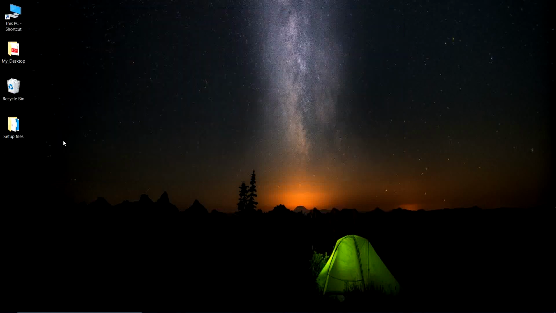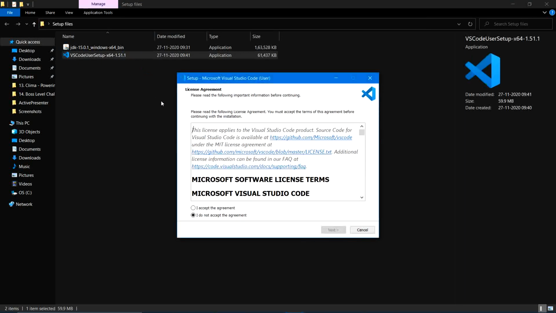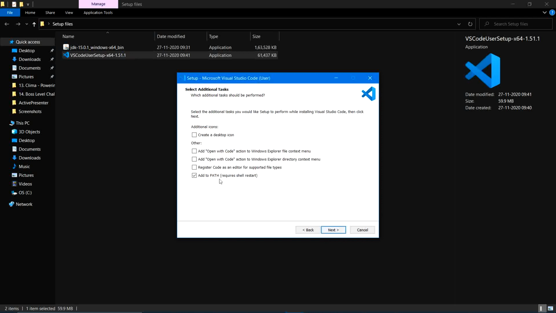So now we have to install VS Studio Code. Open the VS Studio Code setup file. Click on I agree to the agreement. Next. Yes, create a desktop icon, and please check that add to path is also checked.